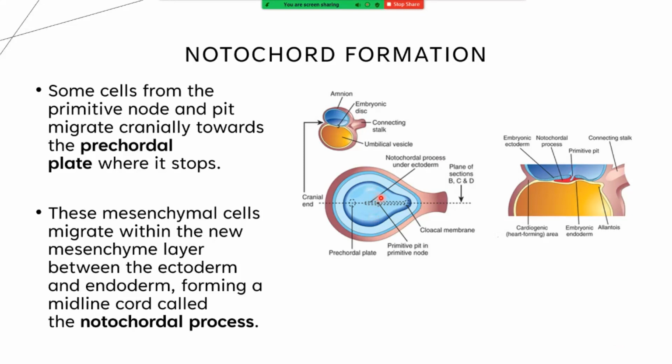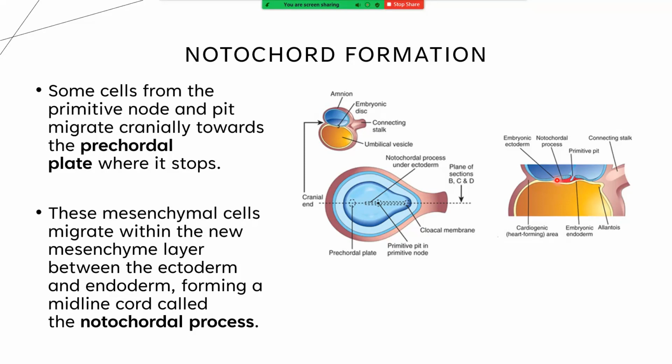The primitive node and pit cells migrate cranially towards the precordial plate. These mesenchymal cells migrate within the new mesenchyme layer between the ectoderm and endoderm, forming a midline cord called the notochord,